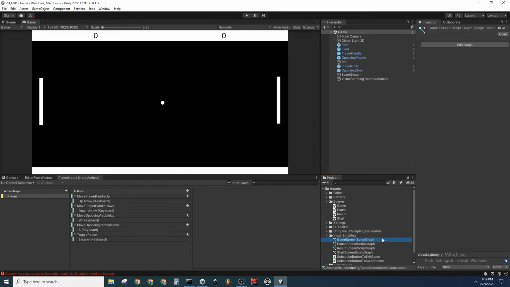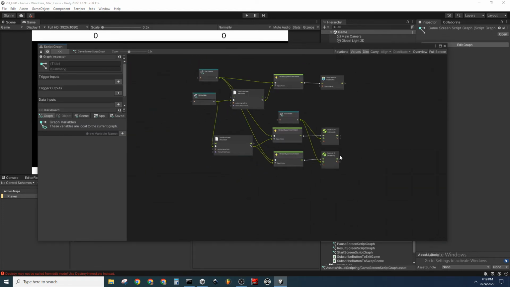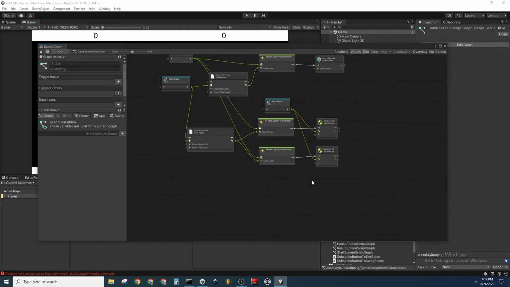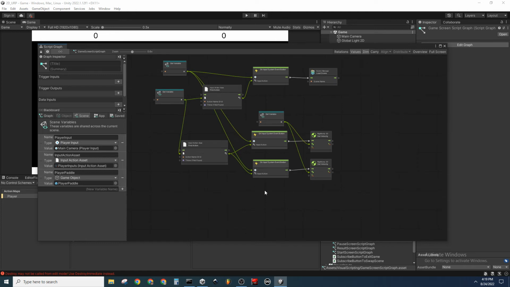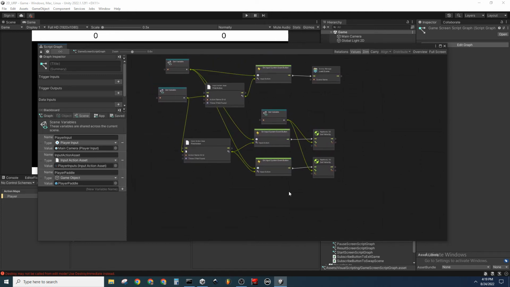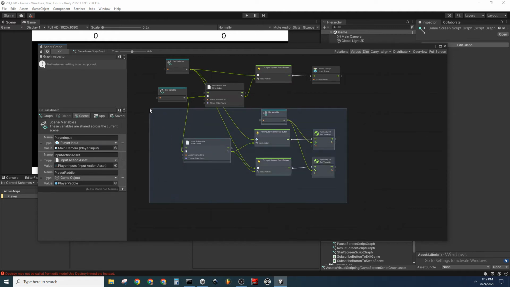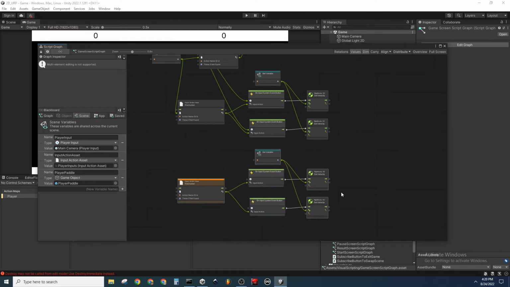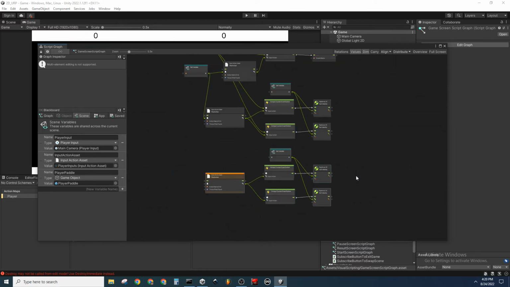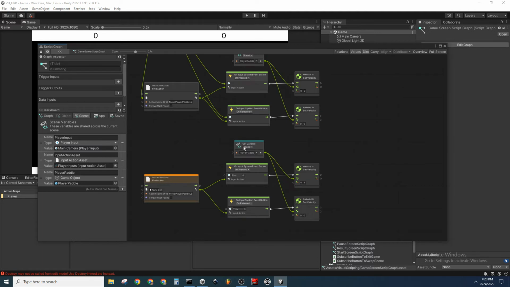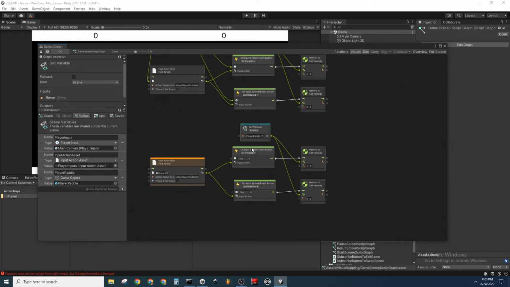Now that we have that set up, open the graph again. More or less, we just have to rinse and repeat this for all of the other states. So I am going to give this a shot real quick on copy pasting, which I know is risky sometimes using the graph, but for experimentation's sake, we will do that. Now that we have this copy pasted, we actually need to create another variable. Oh, not yet, because we're doing the down buttons. So in this instance,